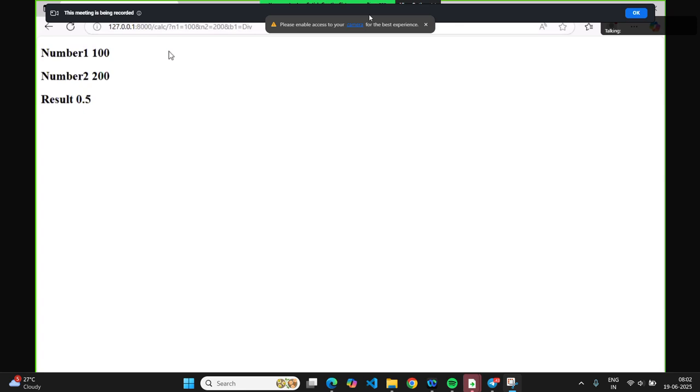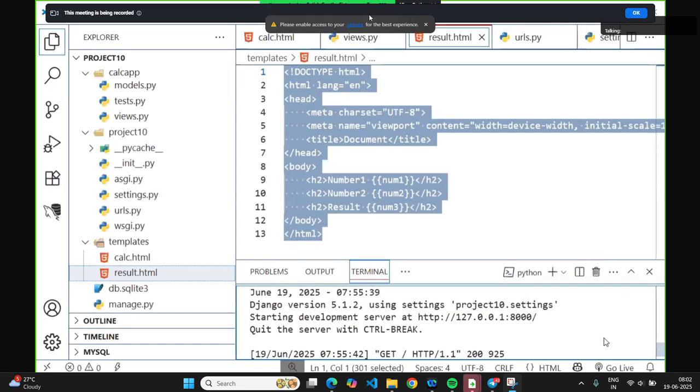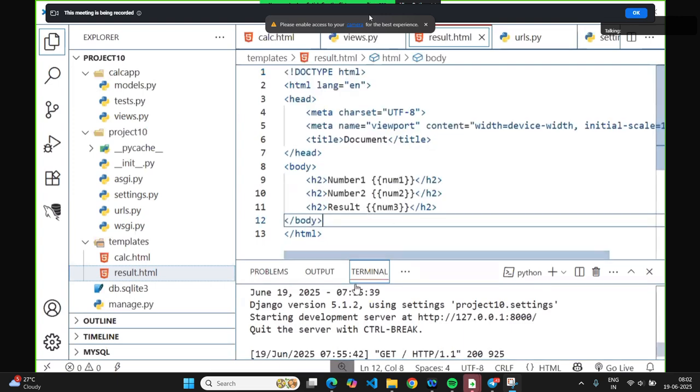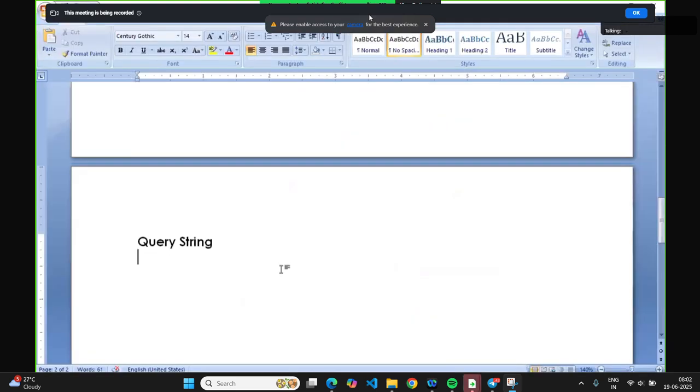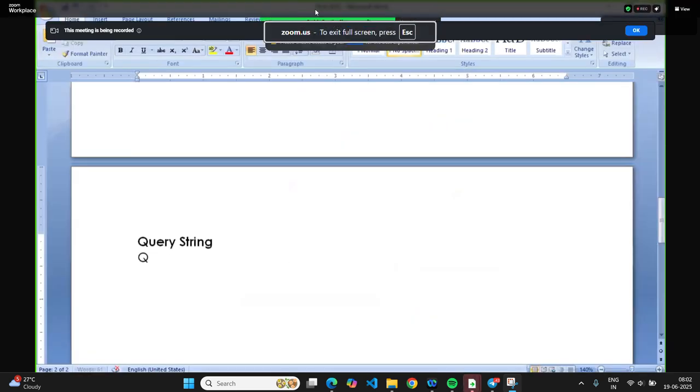So how do you concatenate? By separating key and value. Key is nothing but your parameter name, and this is the parameter value. So the query string is nothing but